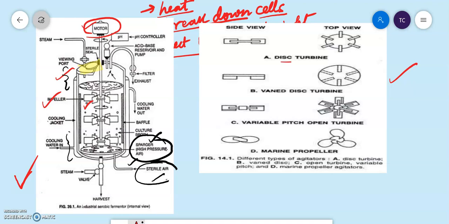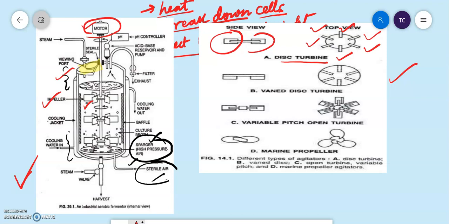This is the disc turbine impeller. What is the problem with it? You have a disc and you have the blades all around, right? Now you have so many blades throughout the disc, and the blades have a huge surface area. So what will happen? When they agitate, of course, they will bring about the death of the cell. They will bring about the cell breakage, right? So that can be modified with another important aspect, that is another type of impeller,